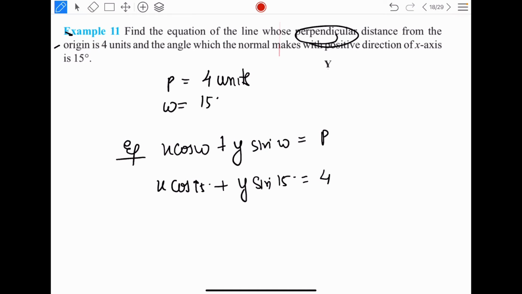Now cos 15 and sin 15, the method to find cos 15 and sin 15 we will be discussing in the trigonometry video. Very soon we are coming up with trigonometry. In that I will discuss how you need to find sin 15 and cos 15. For this video, just let's assume the values. Okay, the method is very simple, but for that you need to know a formula of trigonometry, which if you have not studied, if you have studied, very good, you will be understanding it very quickly. But I'll just write the values for the time being.